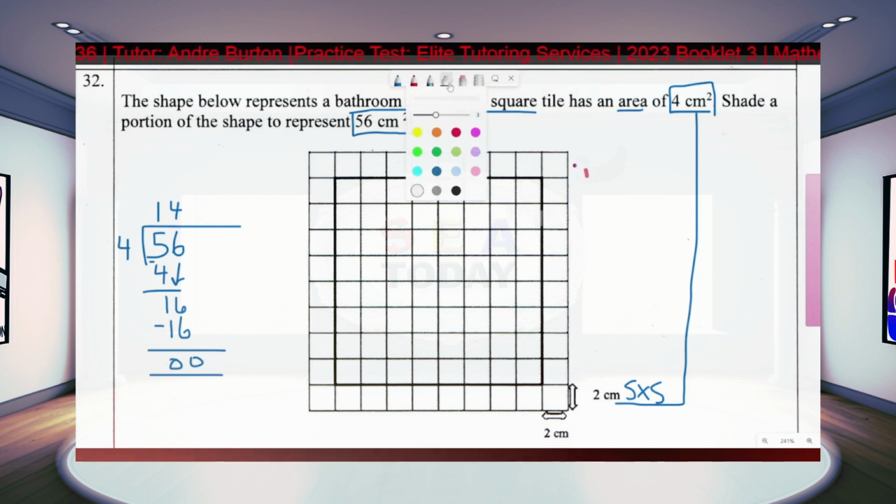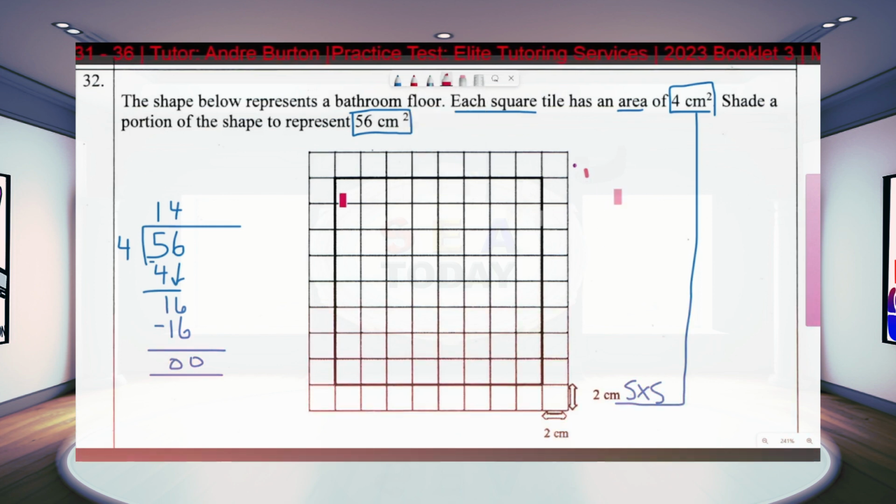Alright, let's see if we can get a color to shade with here. Wonderful. So we have to shade 14 squares. Let's go 1, 2, 3, 4, 5, 6, 7. Just 2 rows, 2 rows, 2 rows. 14 squares will give us